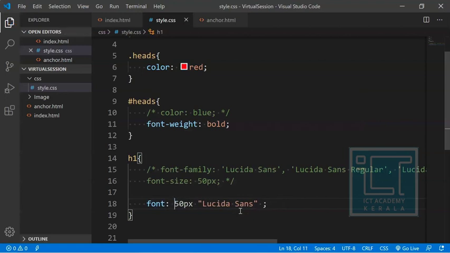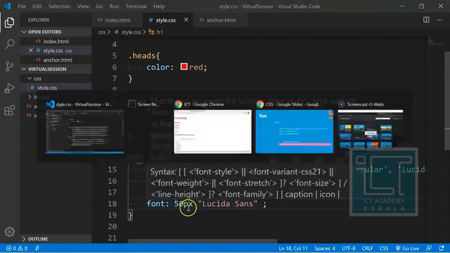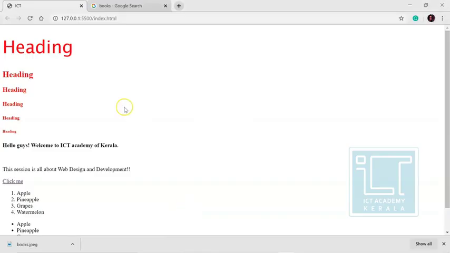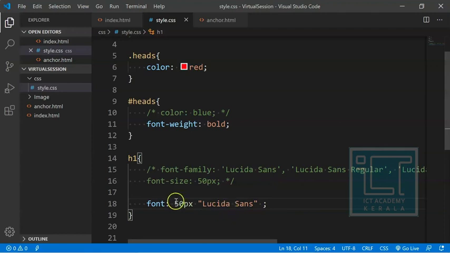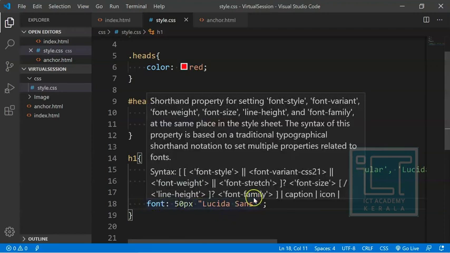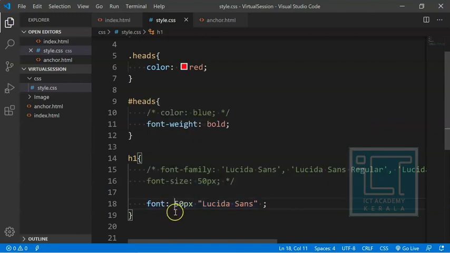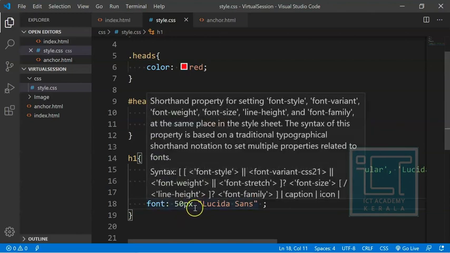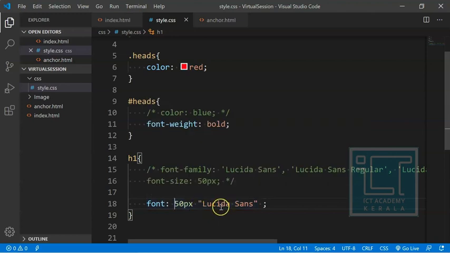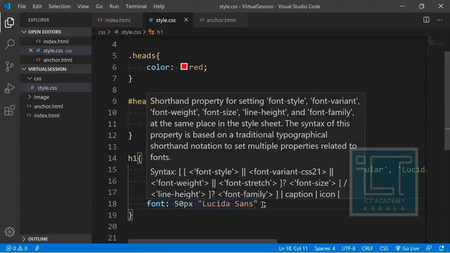Since bold is not required because H1 is bold by default, we can mention 50 pixels and Lucida Sans. Let's check. Yes, now it works because we have given it in the proper format. So if you give it in a single line using the property font, it should be in a certain order: font size first and font family last.